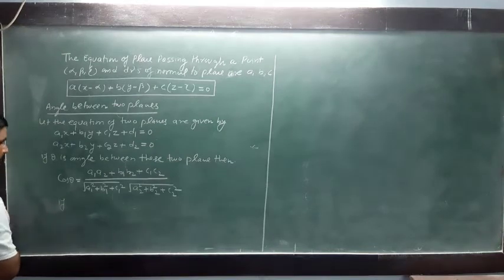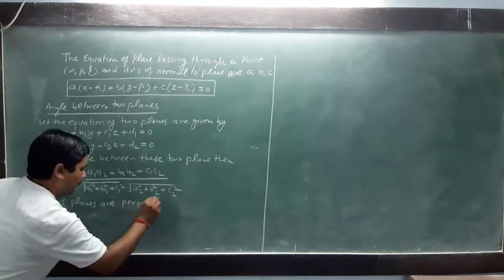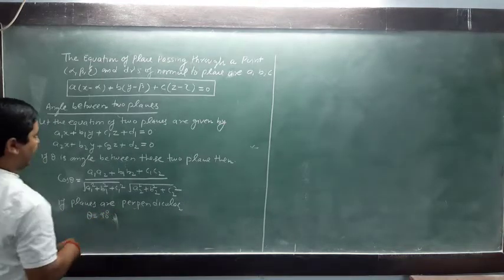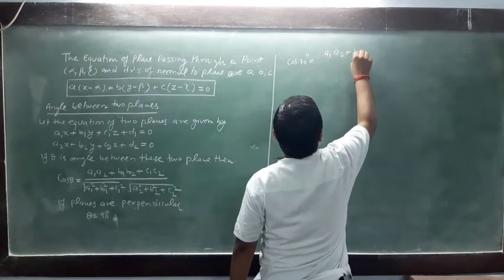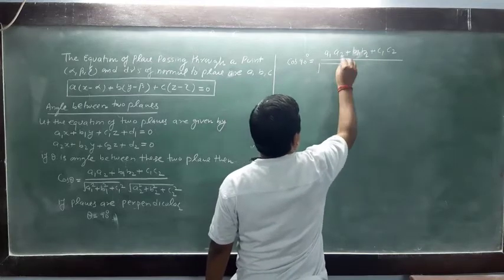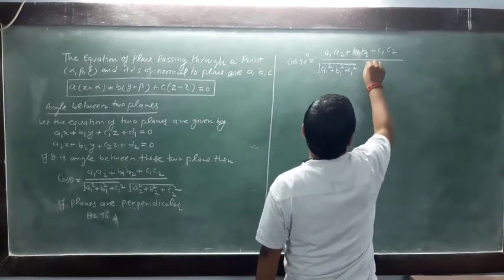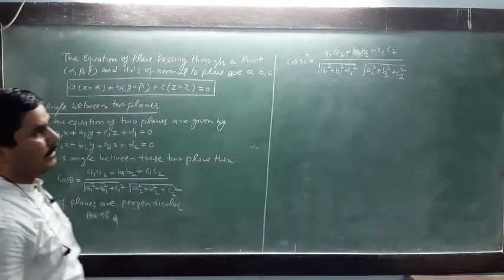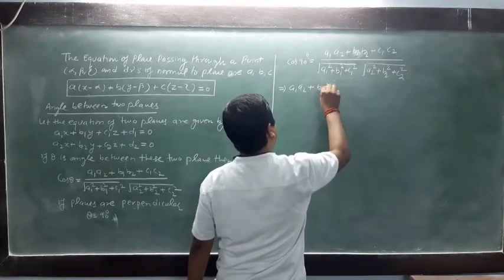If planes are perpendicular, then you can see this theta will be equal to 90 degree, and then cos 90 degree will be equal to a1 a2 plus b1 b2 plus c1 c2 upon square root of a1 square plus b1 square plus c1 square and square root of a2 square plus b2 square plus c2 square, and cos 90 you know that this is equal to 0, and after solving we have this a1 a2 plus b1 b2 and